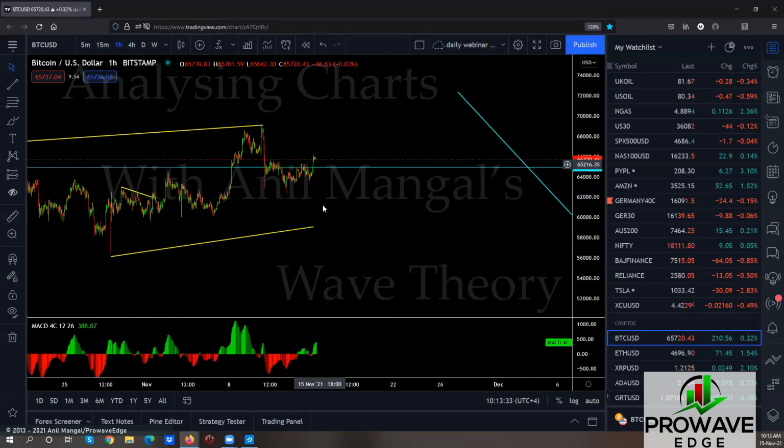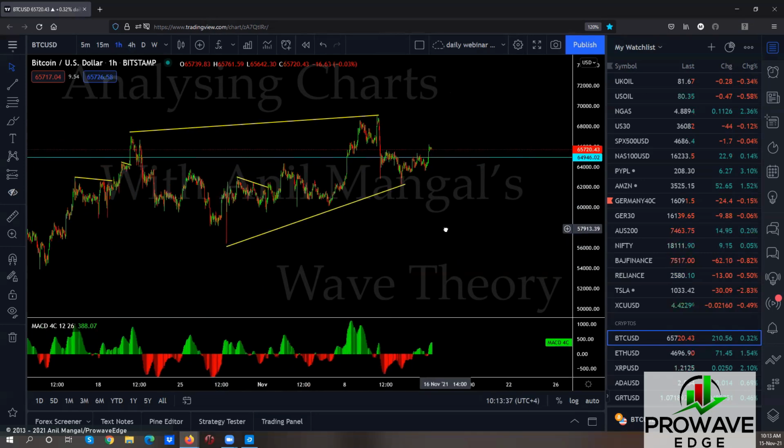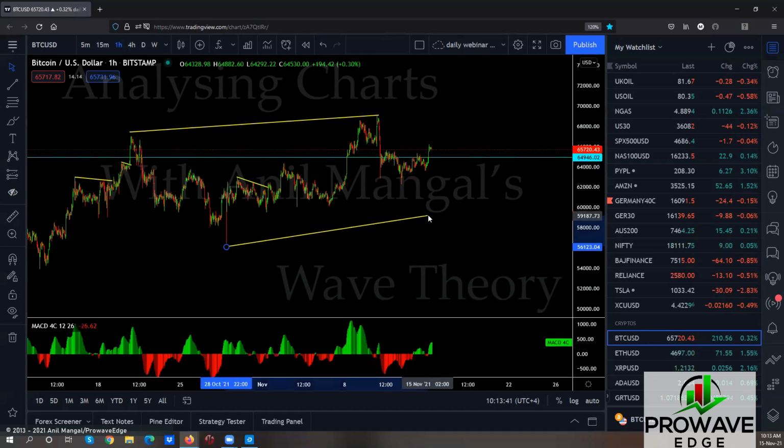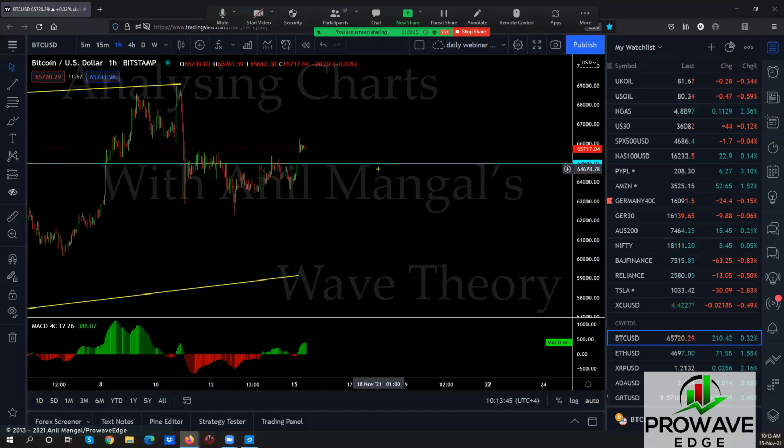Could this be the one that goes up and this is all you get for a running flat? Also possible, rare but possible, right? Most likely you want it to come a little more like this. So right now, on the bigger picture, it's a sell setup, which means this here looks like a sell setup if this starts to drop.